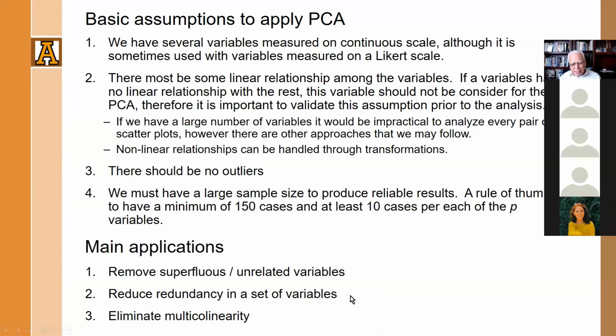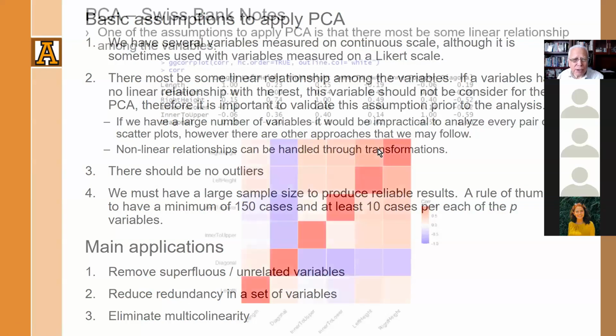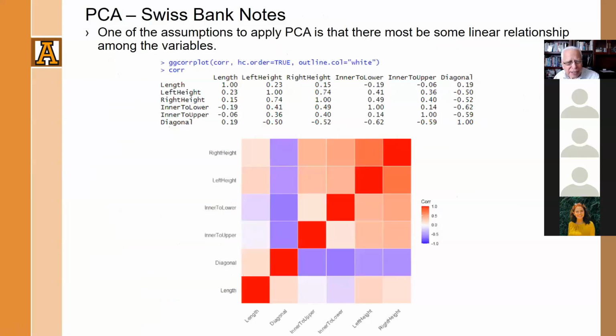Reduce redundancy in a set of variables and eliminate multicollinearity. Those are the principal uses of principal component analysis. Now, one of the assumptions of PCA is that there must be some linear relationship among the variables. Okay,